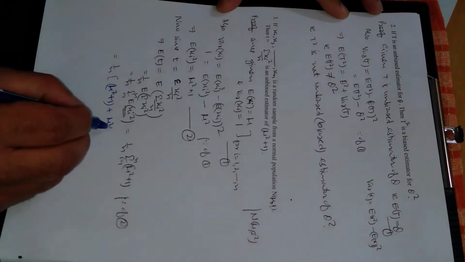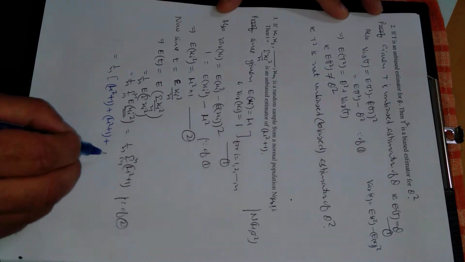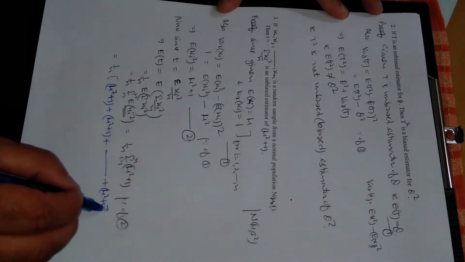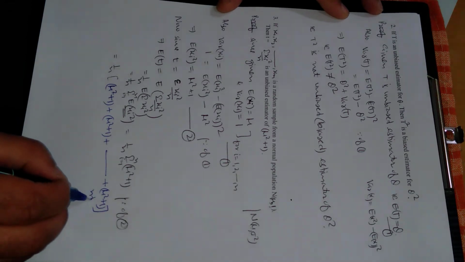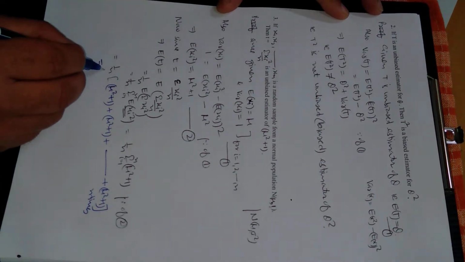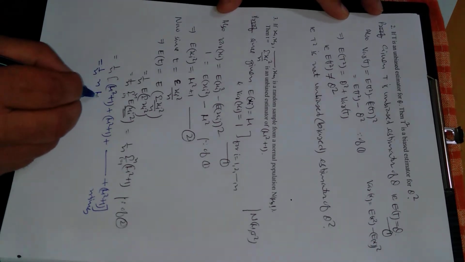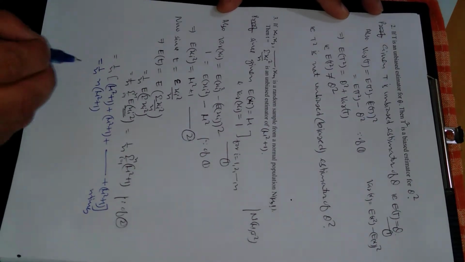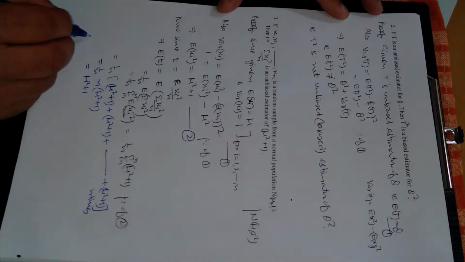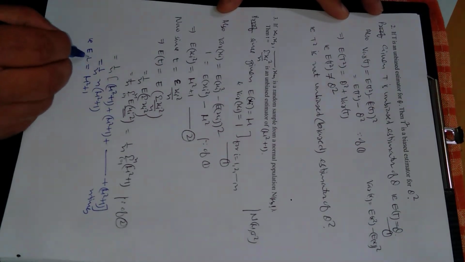Second term will be also mu square plus 1. Continue in this way, last term will be also mu square plus 1, bracket close. How many times? N times, right? So n times mu square plus 1, divided by n, n cancel, so we are left with mu square plus 1, that is expected value of small t.